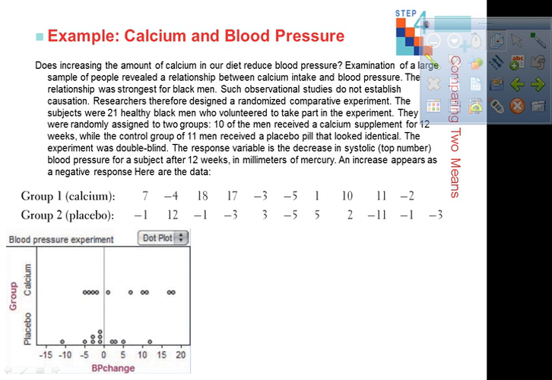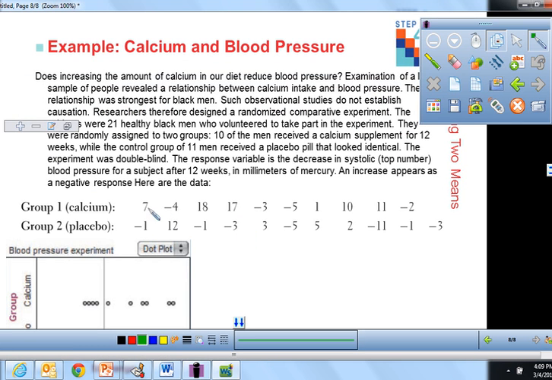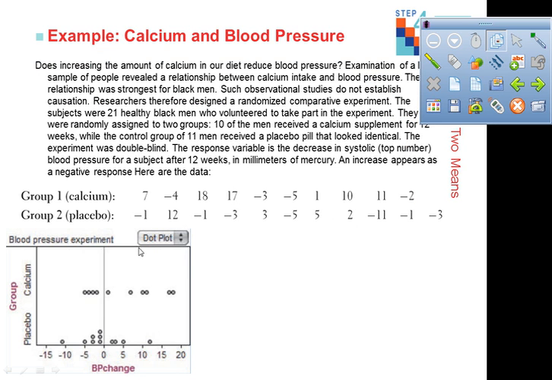The experiment was double-blinded. The response variable is the decrease in systolic (top number) blood pressure in the subject after 12 weeks, in millimeters of mercury. An increase appears as a negative response in this data. So if it increased, it appears as a negative. These are people with calcium. If it increased, it went as a negative. That's bad, so we really expect there to be positive values because we're hoping that the calcium really does drop it. And here's the placebo, where they take a sugar pill. So they look at the dot plot